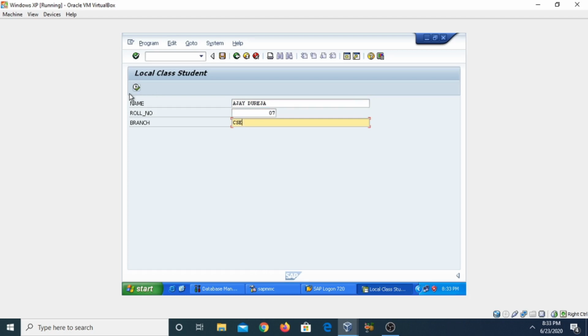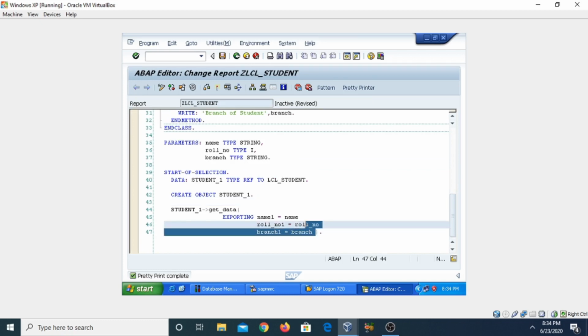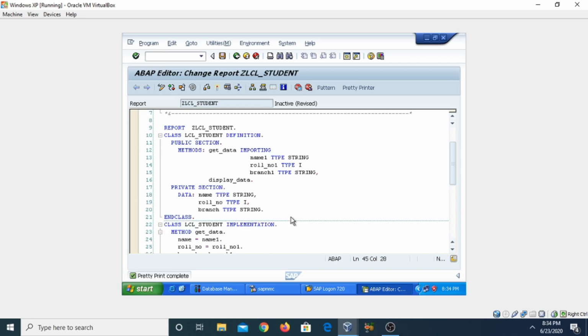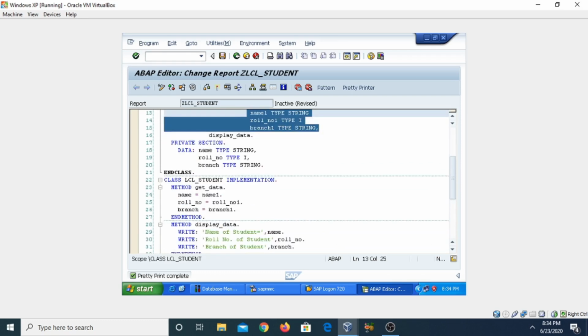When I click on this execute button, it will display the output. That means we are transferring the actual parameter values to the formal parameters of the method get_data, and by this method we are transferring these values to the attributes of the class.